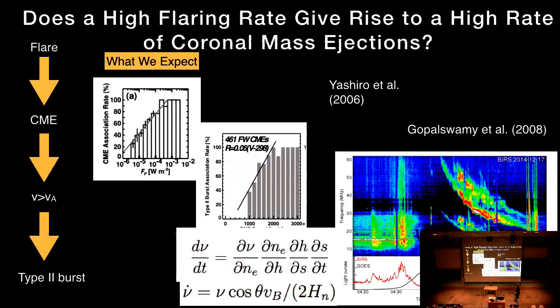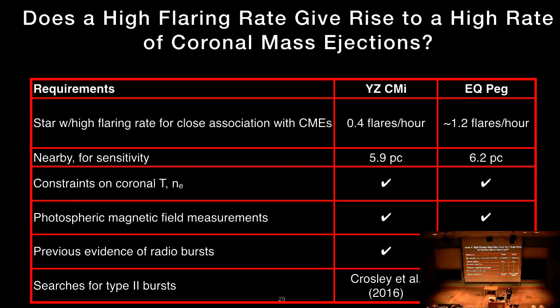You can see it's got a very nice signature here in frequency and time. It's actually showing harmonic structure, so you've got fundamental and harmonic emission. But again, you can reproduce what the expected shape is based on the speed of the CME and the atmosphere that it's traveling through. So we designed an experiment to try to constrain this using some stellar observations.